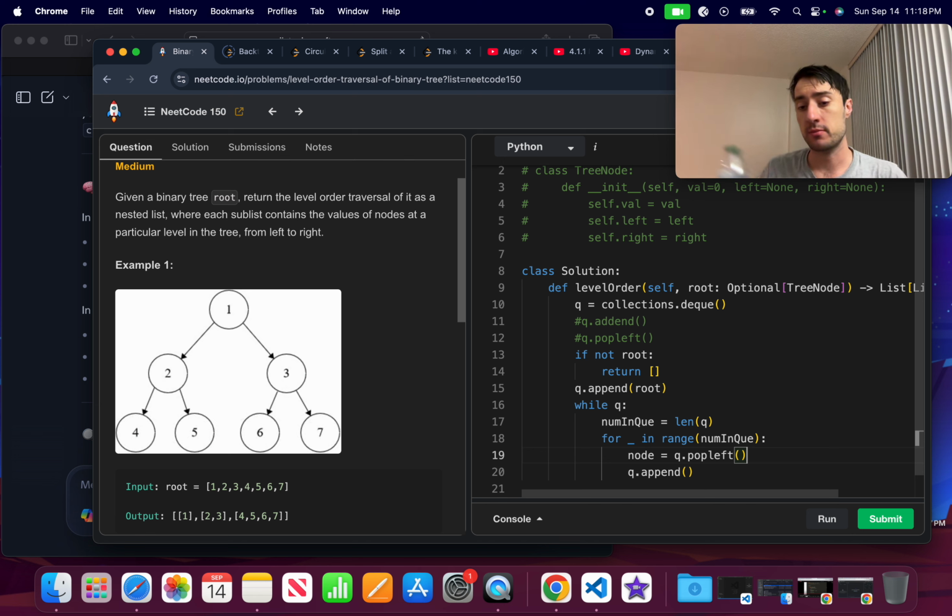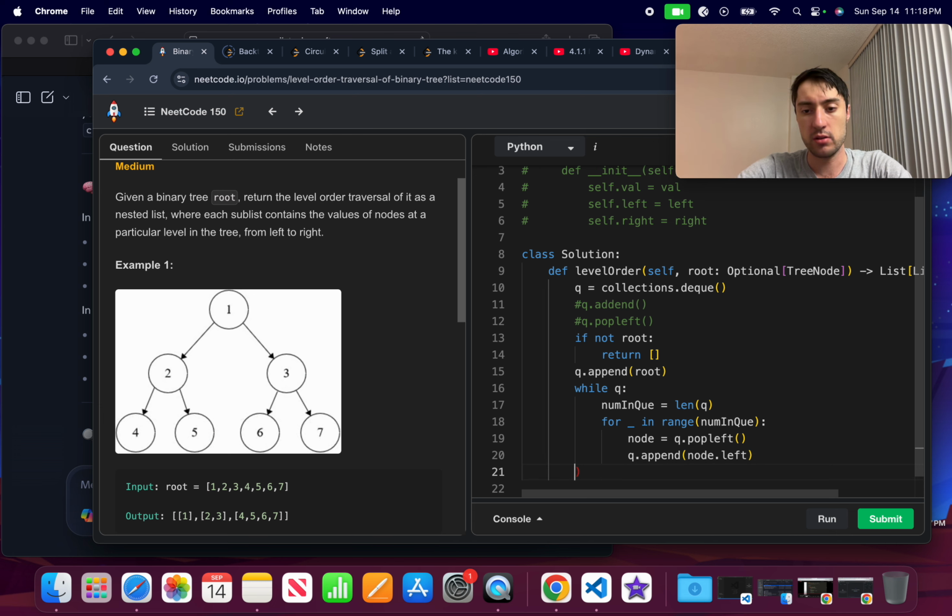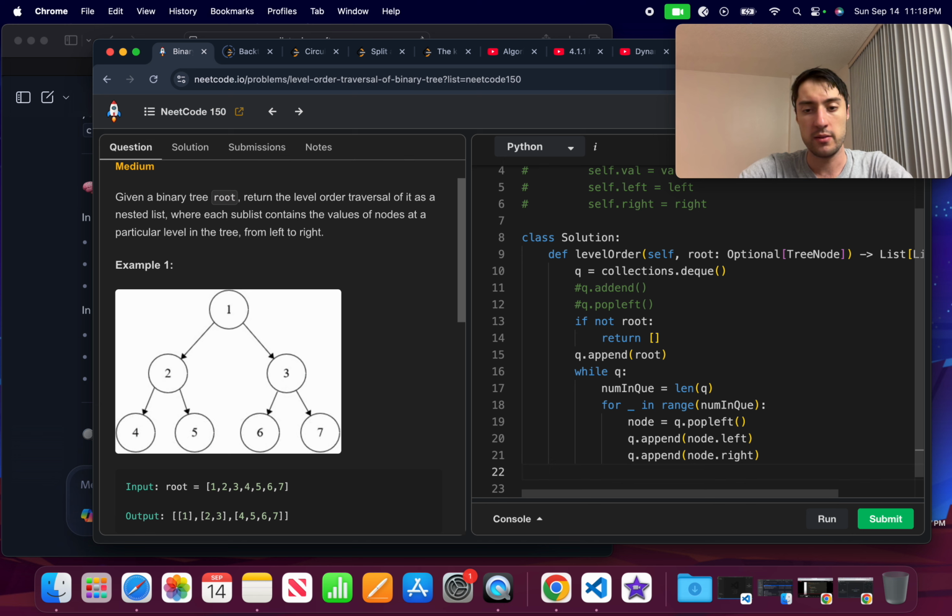Okay, yeah, it makes sense. Okay, so then append, and I append to the end. Okay, what do I want to append here? Node dot left, and I also want to append queue dot append node dot right. Okay, and